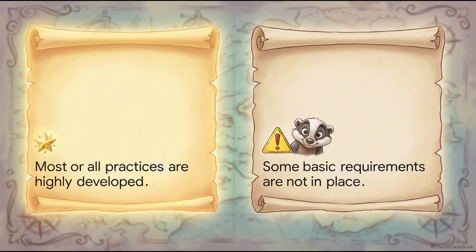Now looking at the extremes. Shows notable development is the absolute pinnacle of our journey. You only select this when most or all of the practices within the standard are categorized as highly developed, meaning you have systemic integration and total community understanding. On the complete other end of the spectrum, requires development is a red flag signaling that critical components are missing. You have to select this if there are basic, mandatory requirements that are simply not in place within the standard. If you find yourself here, don't panic. It just means you've identified a crucial gap that must be immediately added to your school's action plan.